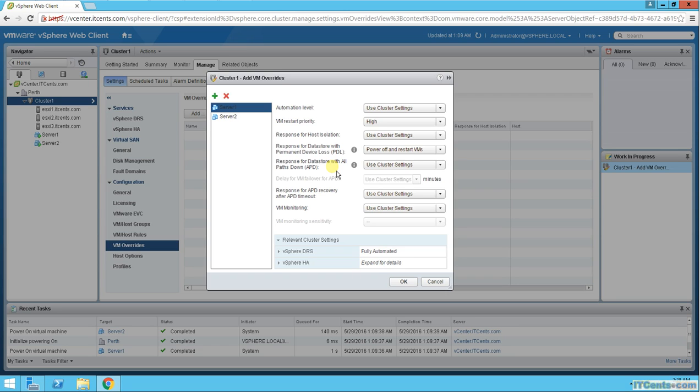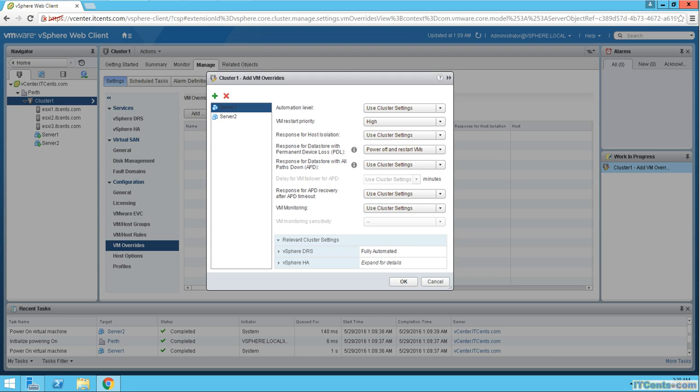I would say permanent device loss, like you lose the device. In this case, there are many possibilities, and anything can happen based on that. For example, you may have an administrator who somehow removes the LUN but did not follow the best practice. So in this case, that could cause an issue,